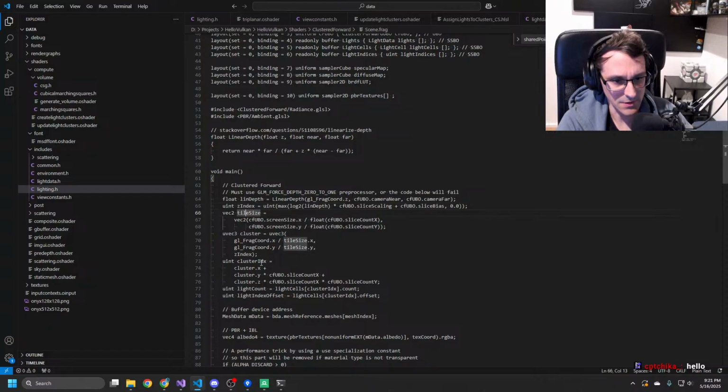Then we have tile size. And then we have the cluster is that plus the Z index. And then the cluster index is that. Which is fine.